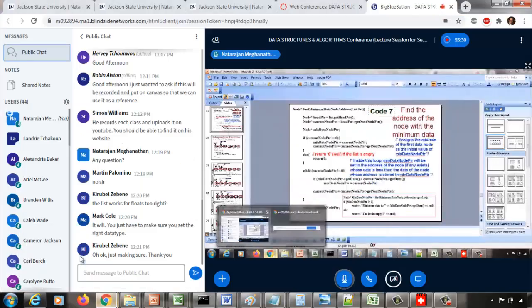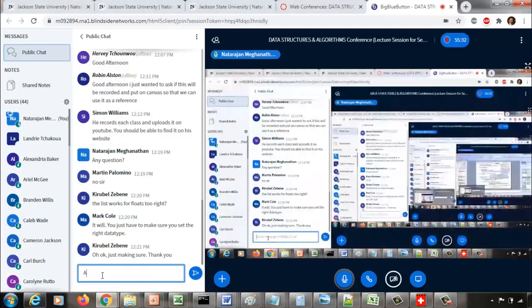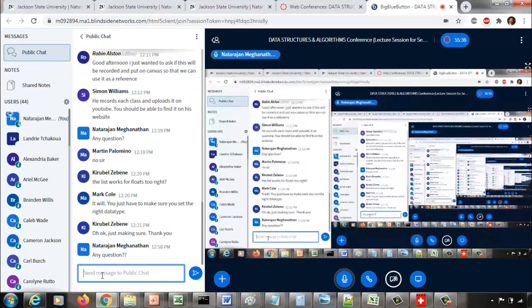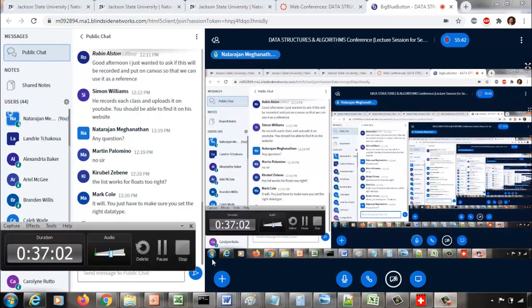Right? Any questions? So this is something important to understand, and that will be useful for you to implement the selection sort algorithm. So let me save this